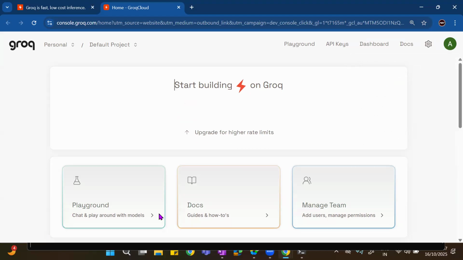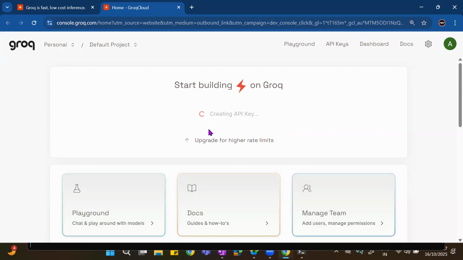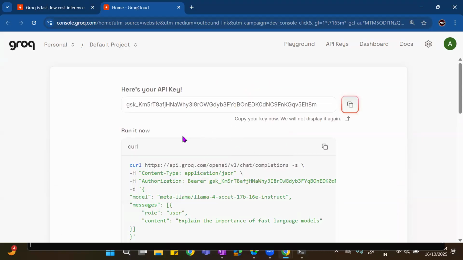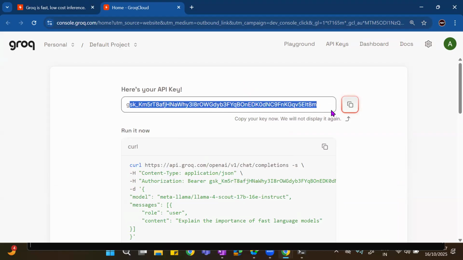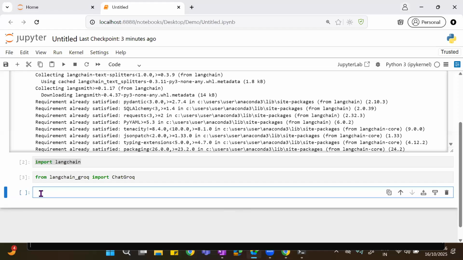Here I'm creating the API key. It's creating an API key for us. This is the API key, we got it. You can copy it. This API key is to get into this platform from our system. I'll store it over here.